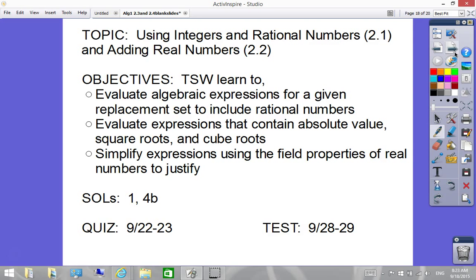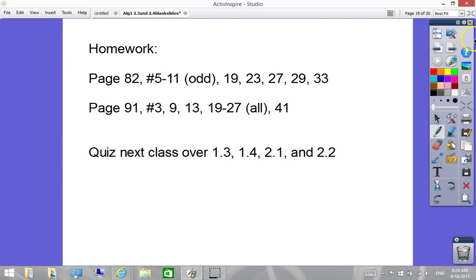So we did, again, this was a subtract, which was 2.3, and this was a multiply, which was 2.4. And the homework is